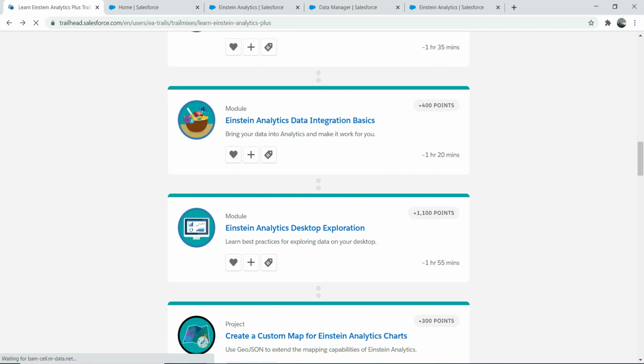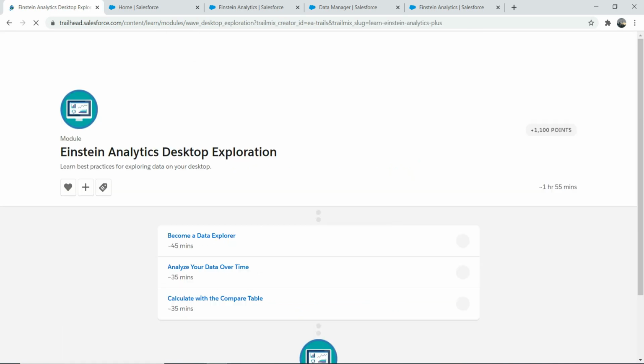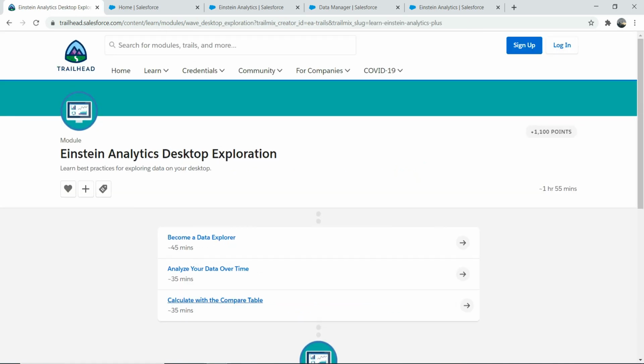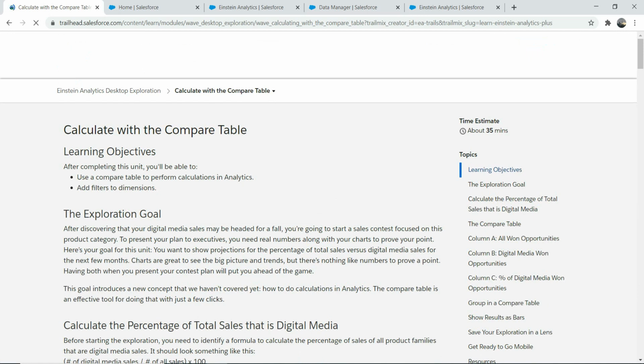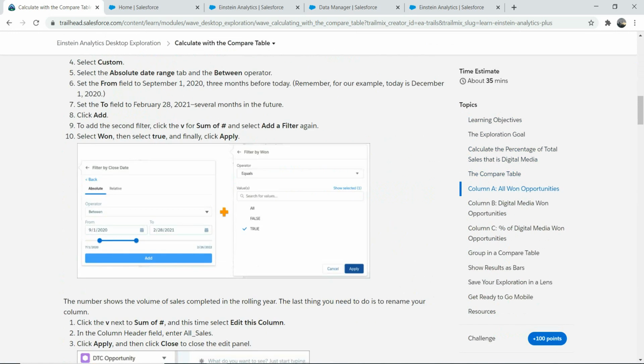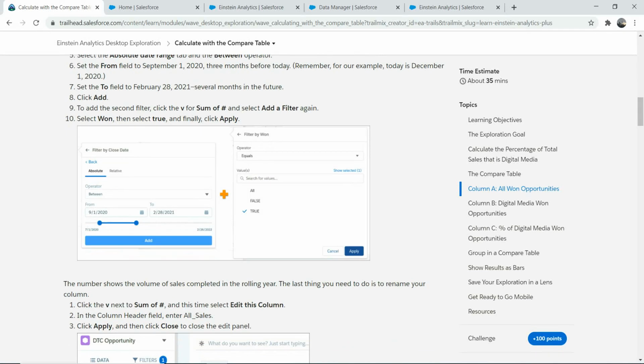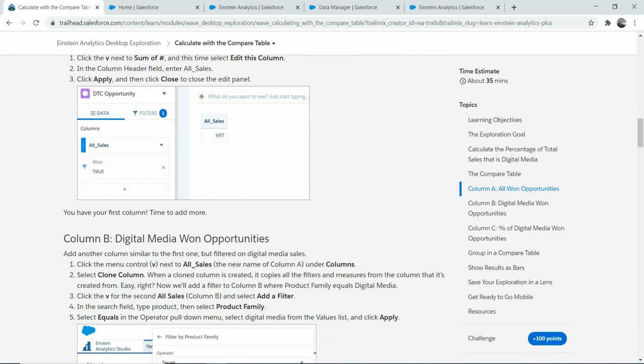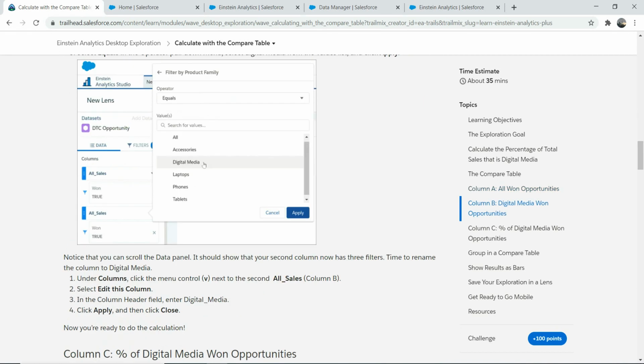Right? And then we talked about, just a second. It's kind of slow at times. Calculate, compare tables. So this is about, you know, you can do filters. Again, it talks about the filter, right? And then so you can do